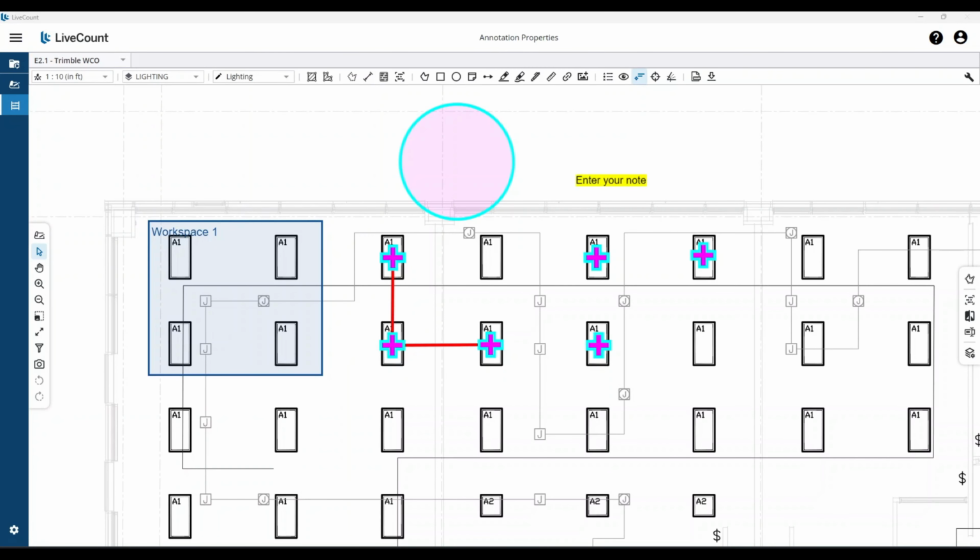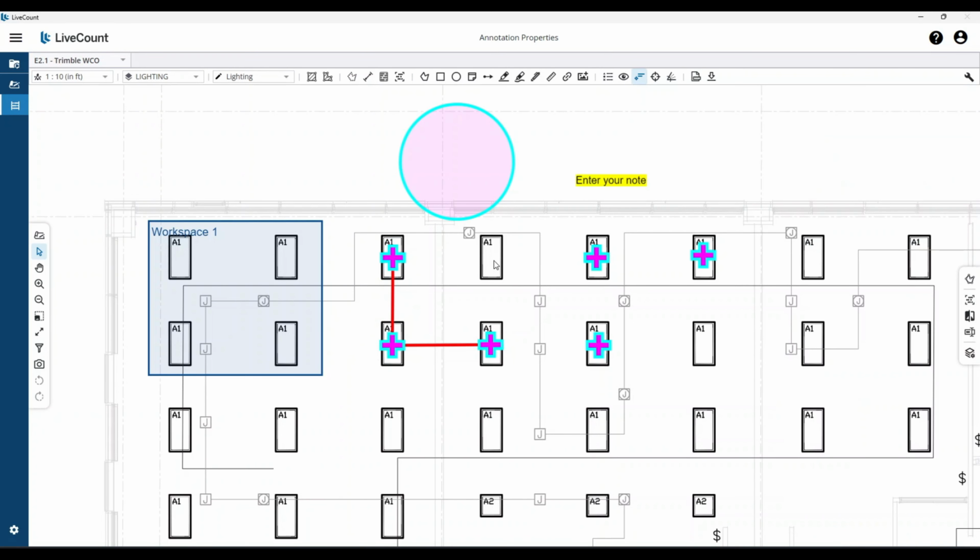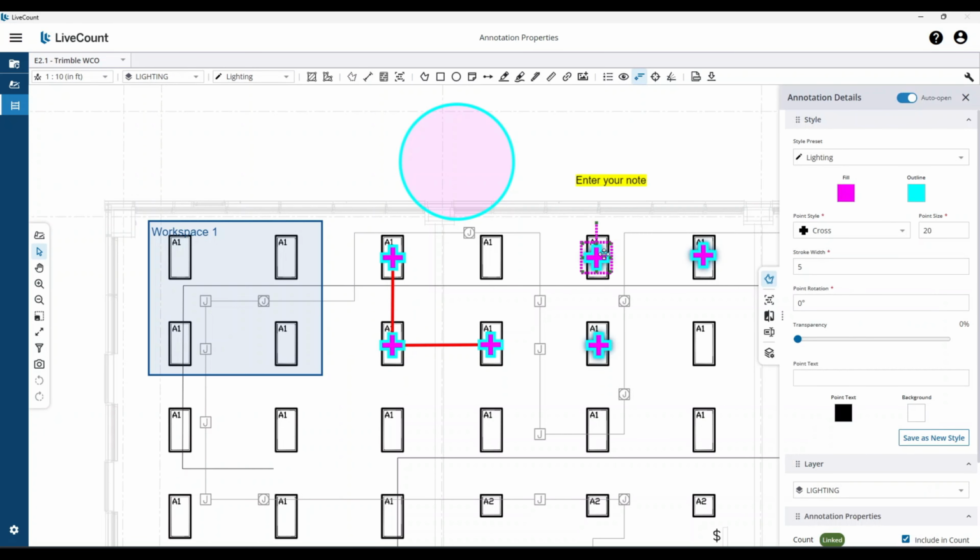This video will demonstrate how to view and manage your annotations properties within LiveCount. To view an annotation's properties, simply click the annotation, which will then open the Annotation Details side panel on the right-hand side. To dismiss this side panel, simply click an empty area, and on selection of a new annotation, the